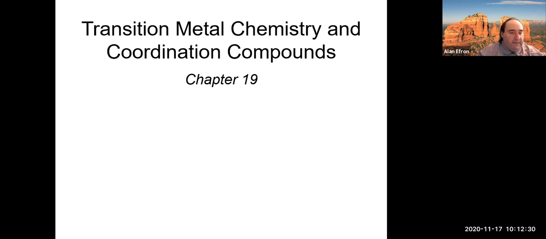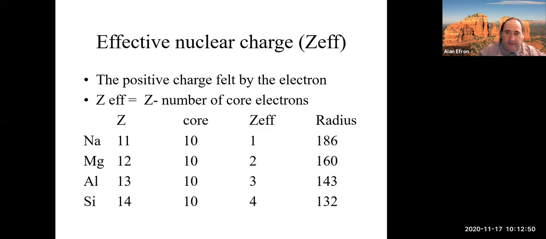Then we'll get really into the heart of the chapter, which is about complex ions, coordination numbers, and all those weird looking formulas that we see sometimes that are complex ions, how to properly name them and stuff like that. All right, so first thing we're going to talk about in terms of transition metals